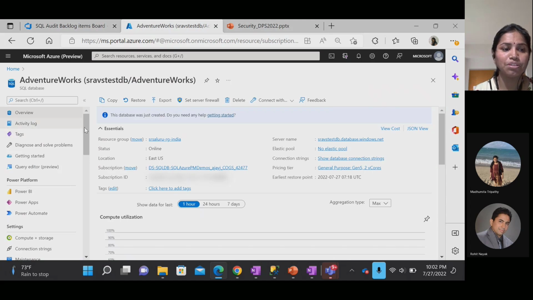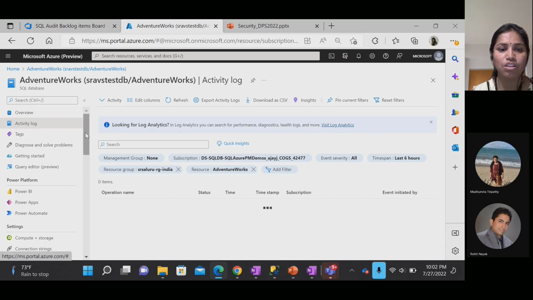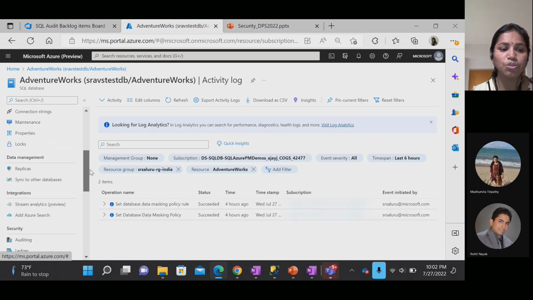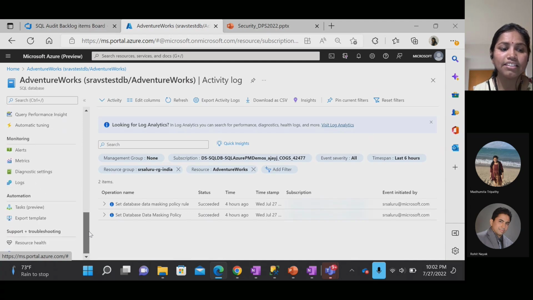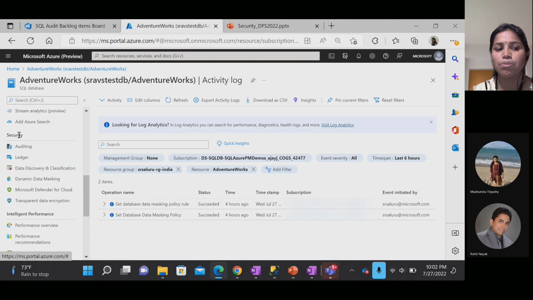So this is my Azure portal, and this is one of my sample databases, AdventureWorks, where I just want to show a quick demo. Like I said, the entire security portfolio can be managed from the portal. So this is your security blade for my database, where I have all the layered features that we were talking about, right? The auditing, ledger, data discovery and classification, dynamic data masking, Microsoft Defender for Cloud. This is the one which I was talking about, the advanced threat protection,